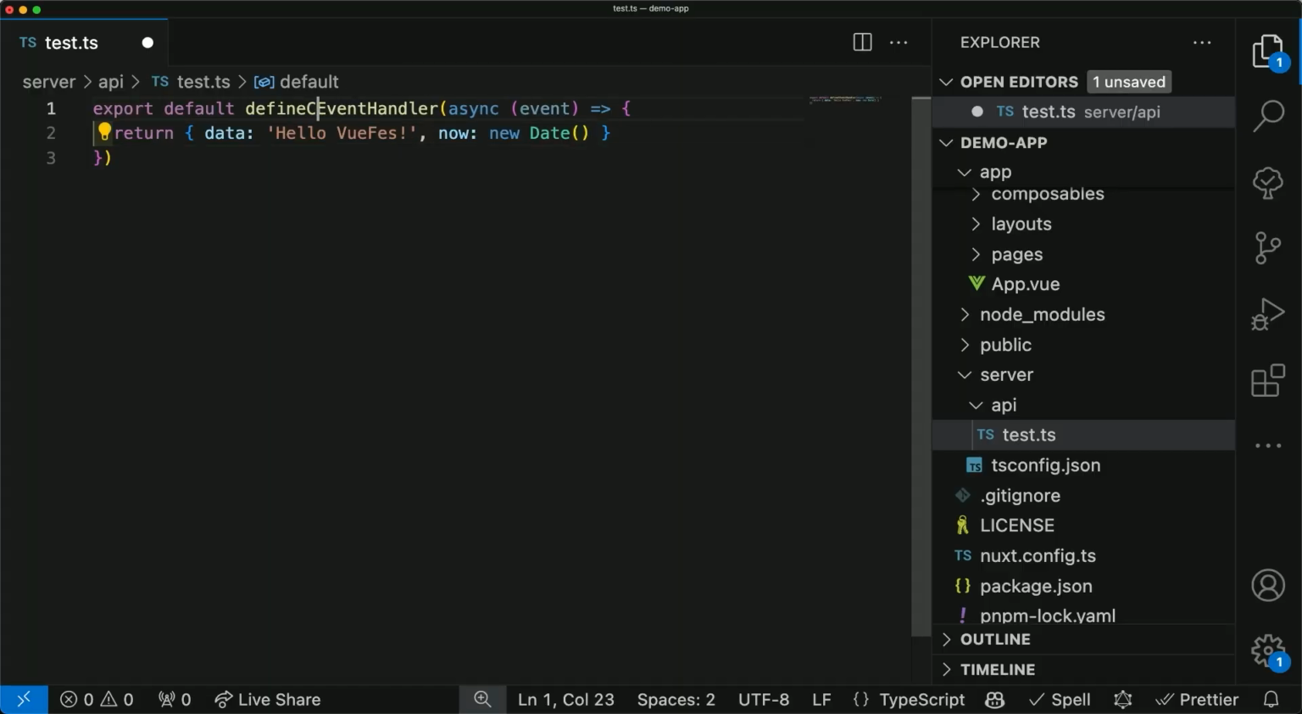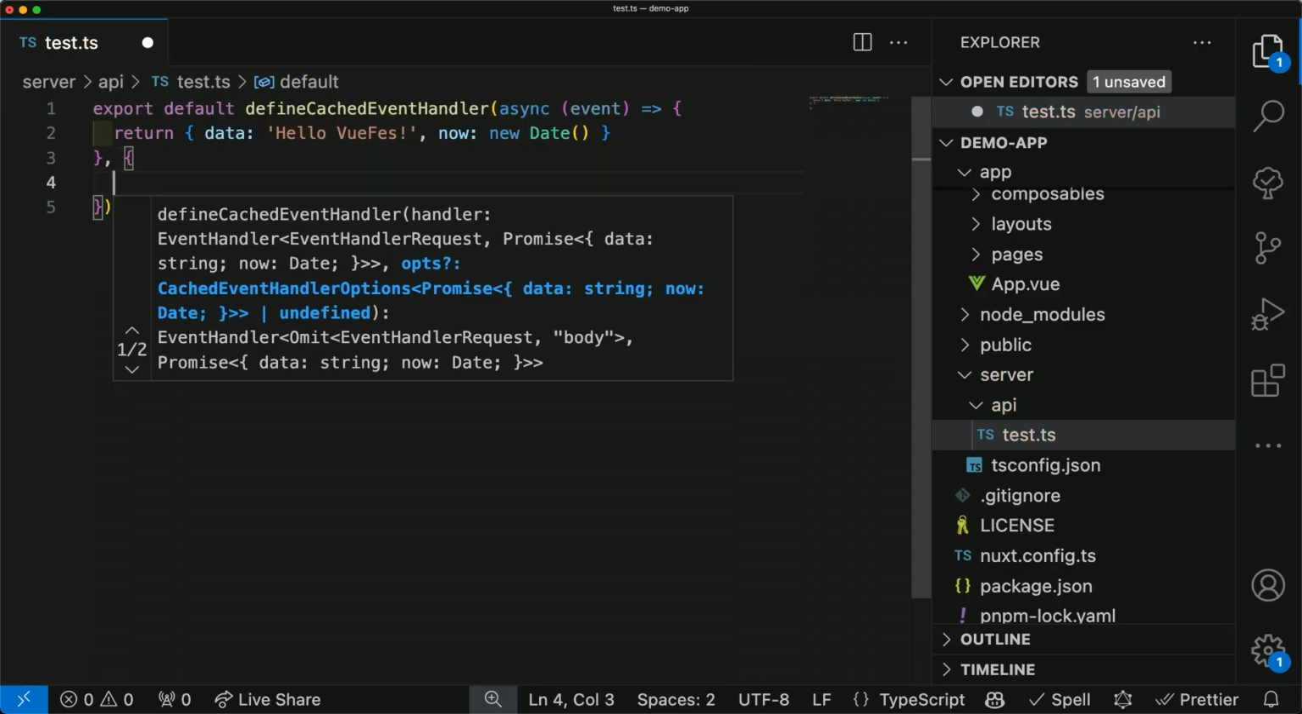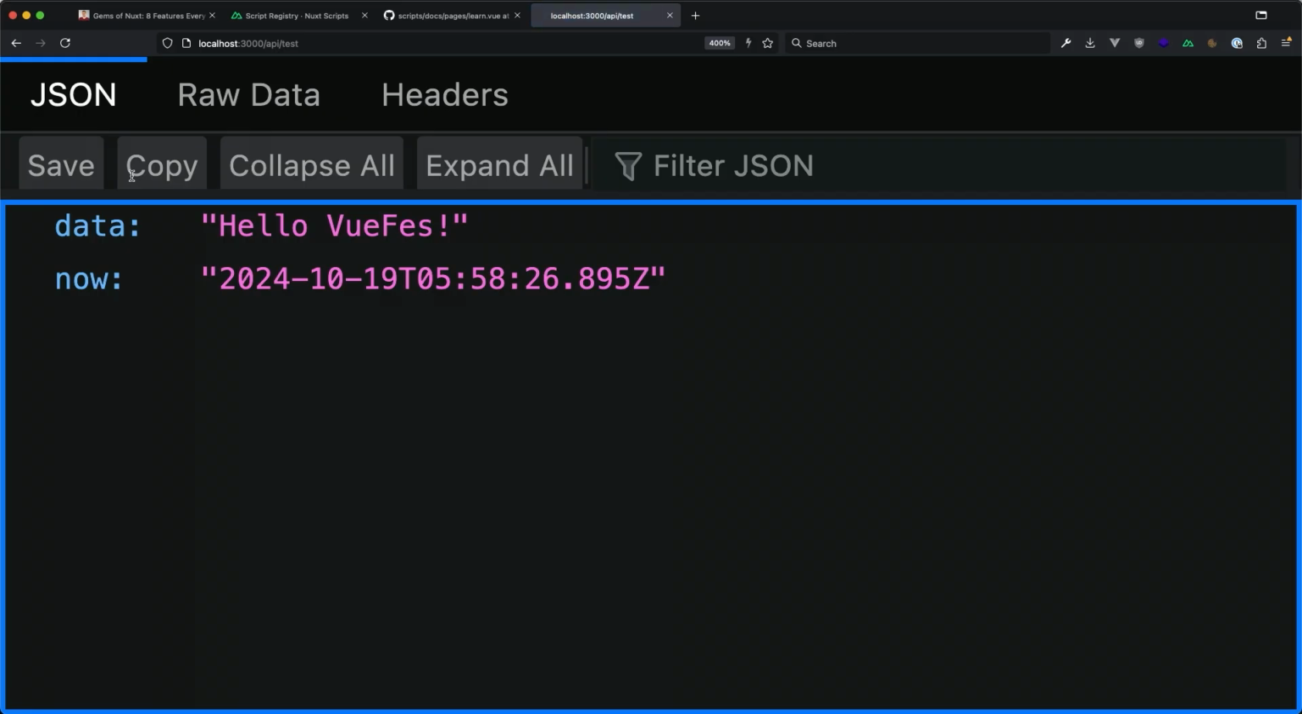And what we can do is we say defineCachedEventHandler instead of defineEventHandler. And now we can define a lot of caching things. So in the next argument down here, we have caching options. For example, we could define a maxAge, which could be a minute. If we now refresh this page, it's the same date. And after a minute, and don't worry, I will not keep you waiting for a minute, no problem,